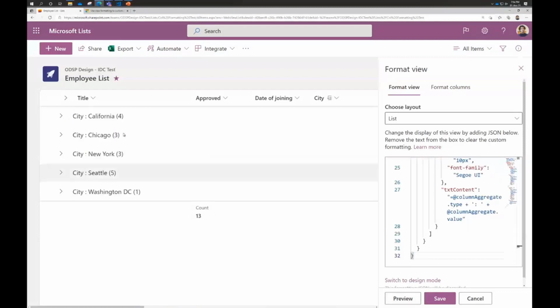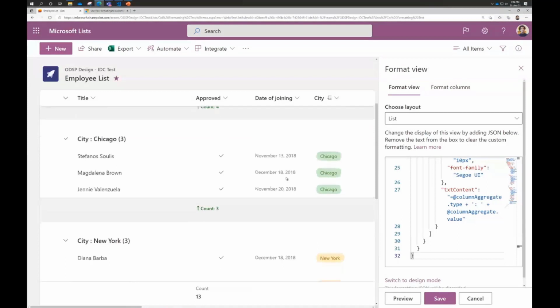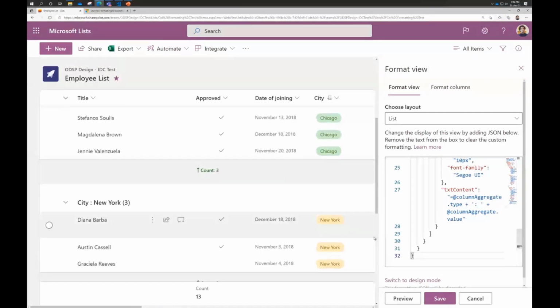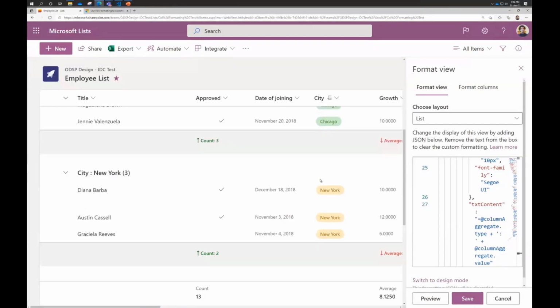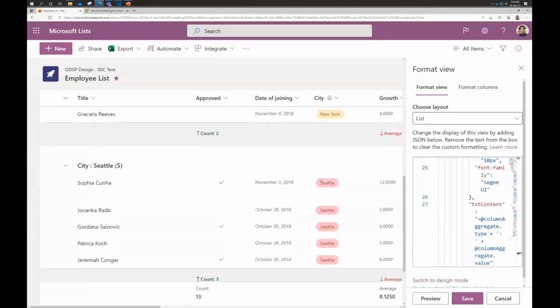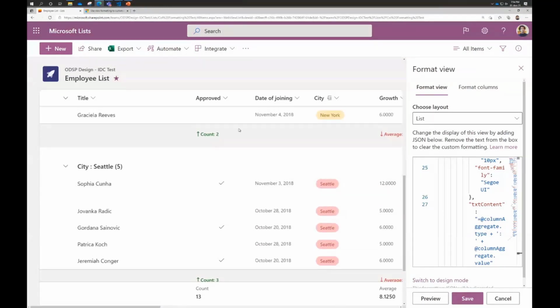Let me expand the groups, and you can see that conditionally there are certain colors and icons appearing. All this you can already do for the list items. Now this is possible for the group footers too.